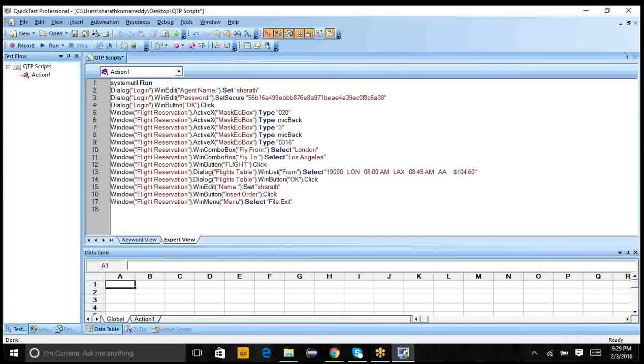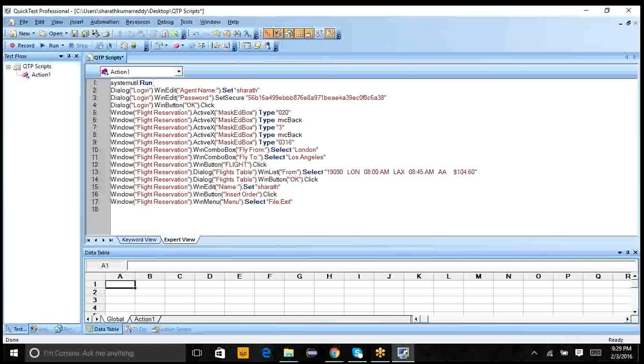Currently I wanted to launch the flight application automatically by QTP. That is the reason I'll select SystemUtil.Run, and then the syntax is I have to specify the flight application path. But where will this flight application be available?